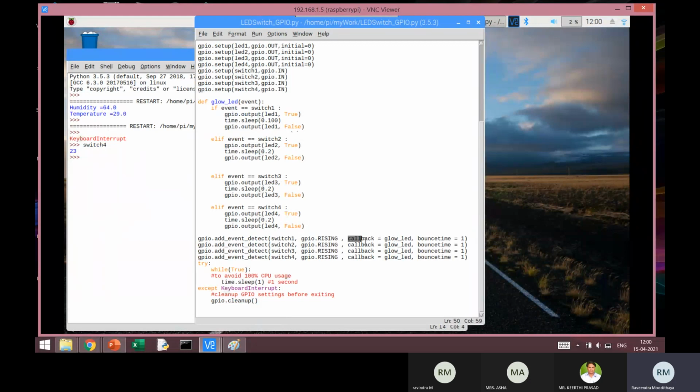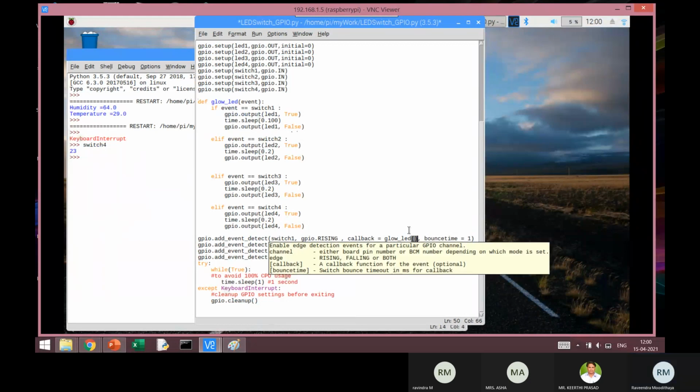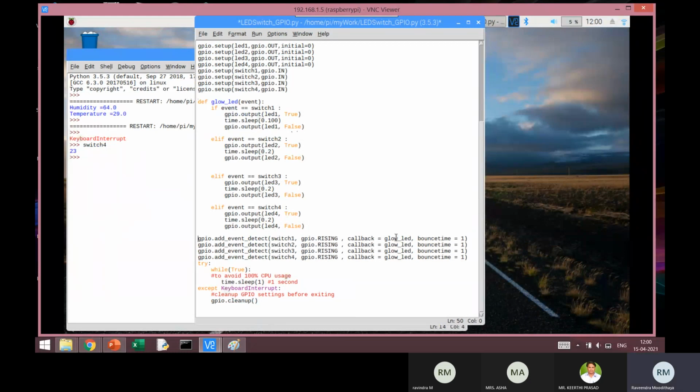You're only giving a reference to the function that is to be executed when there is an event. You are not calling the function. I have not written the brackets here. If I write the brackets, then it is calling the function. So here I am not calling the function. It is only the reference to that function, a reference to which function is to be called. Now, how it is to be called, the event will take care of that, what parameter to be passed to this function and so on. But here I am only giving a reference to the function which needs to be called.